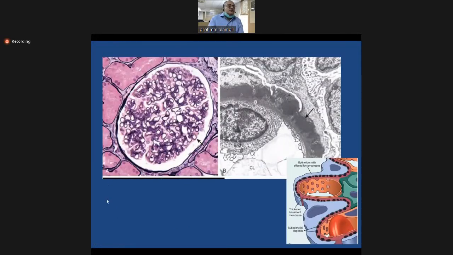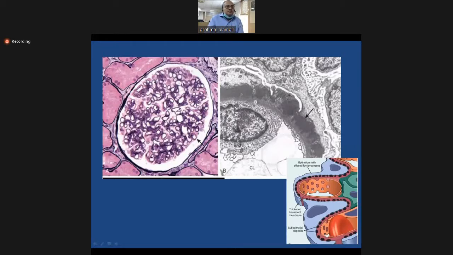Now here you can see this is the PAS stain, a special stain employed on the tissues of renal biopsies. So here you can see there is a well demarcated glomerular basement membrane. In membranous glomerulonephritis, we have thickening of the basement membrane, and that thickening is easily appreciable on this stained slide. Then here in the inlet, you may see the electron microscopic picture.